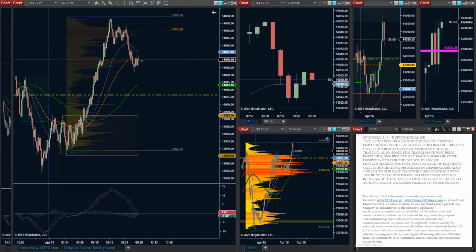Got the open around the corner in about 4 minutes. Not a whole lot going on so far this morning. Now that we've gotten a little bit closer to the U.S. session, things calming down a little bit. Sellers are still putting a lot of pressure in this. The one thing that stands out at the moment...